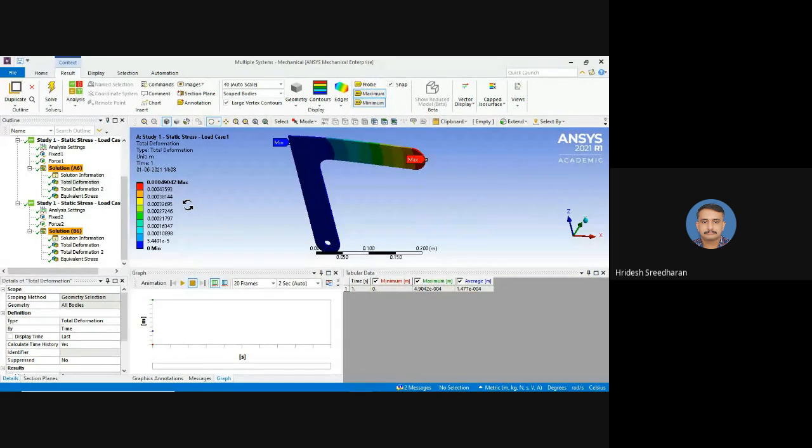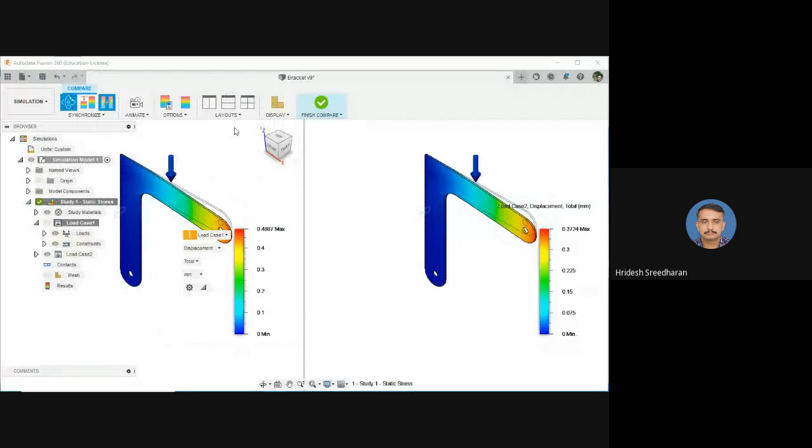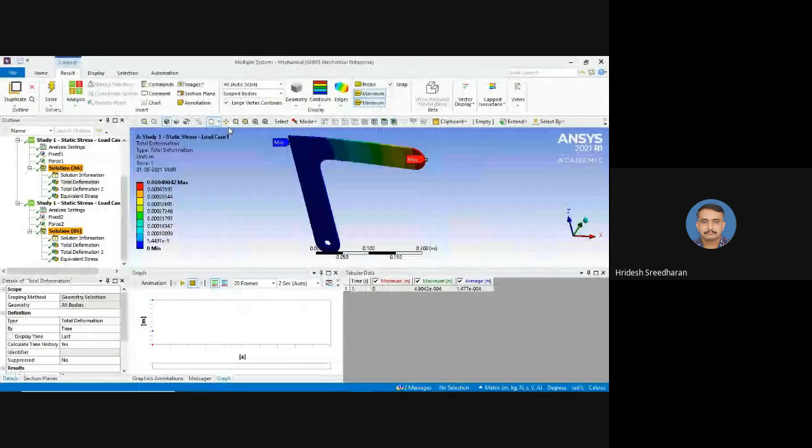If you want a bit more accurate result, you can also refine the mesh in Fusion 360. But after all, we know that ANSYS is the leading one in simulation. So definitely for analyzing the deformations and stress, you can directly go to ANSYS. But if you don't have access to ANSYS software, then you can take Fusion 360 also, because you see the error is very little only.